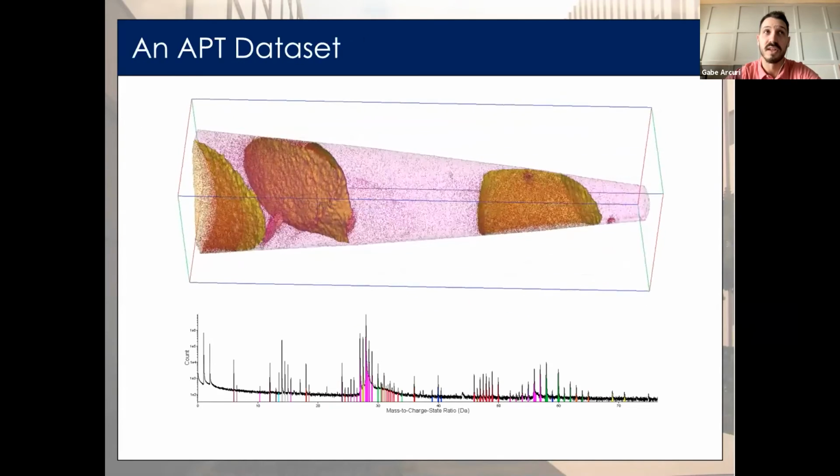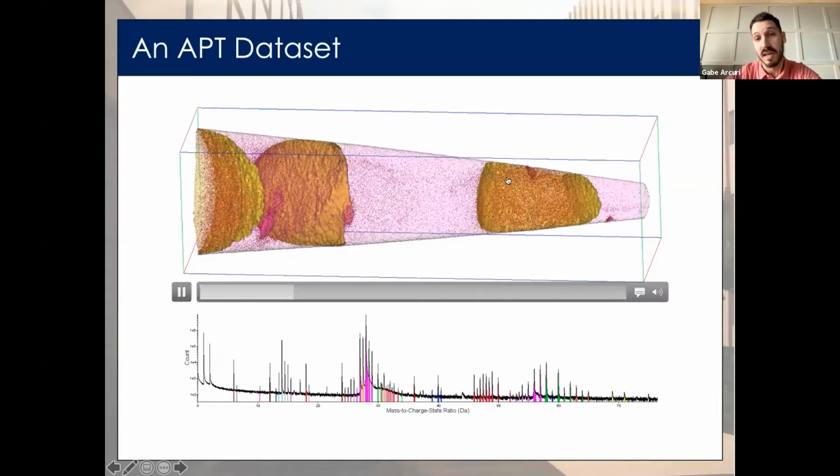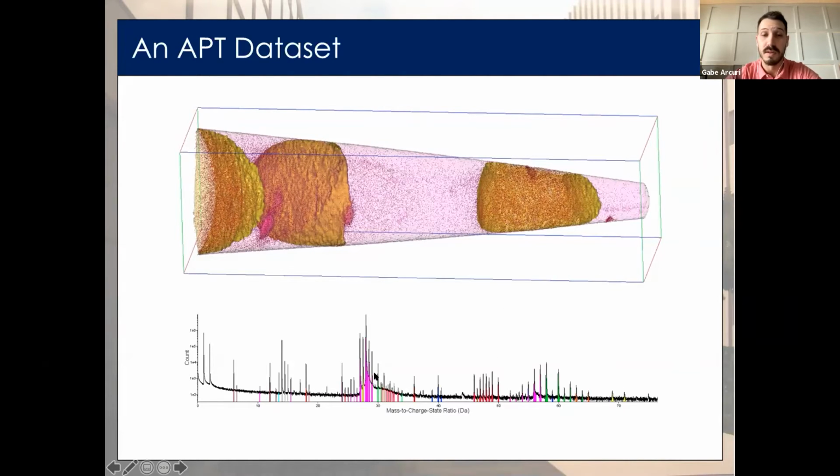So once the reconstruction is completed, we are left with a 3D model shown here by the spinning data set, which stops spinning, that's okay, as well as our mass spectrum showing all the peaks of the different isotopes and the charge states, and these are all colored based on what type of ionic species they belong to. So for the remainder of today's talk, I'm going to be focusing on the different visualization methods that we can apply solely to our 3D model, and hopefully touch more on the mass spectrum in a future webinar.